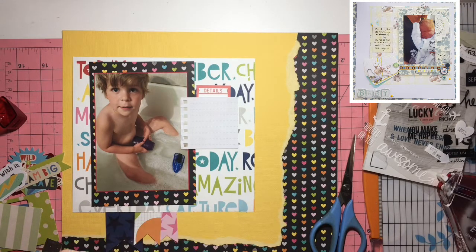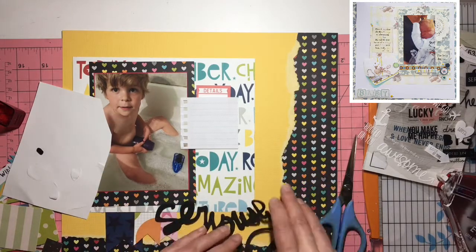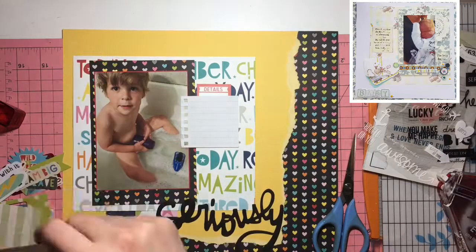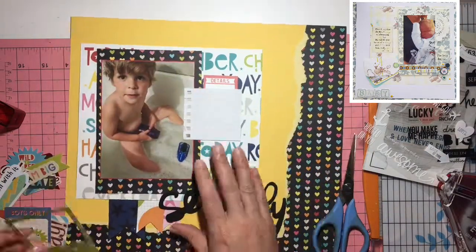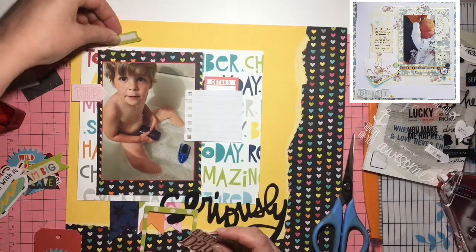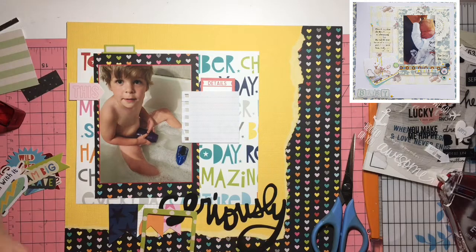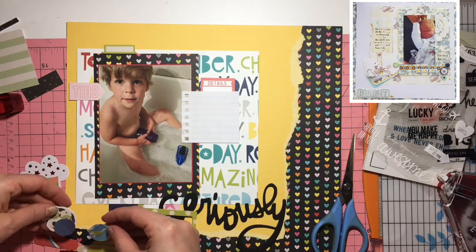So he was taking a bath and he loves to play, and all of a sudden I see him with his cup, and I went, what are you doing? And then he just looked at me with this face, and I said, did you just pee in that cup? And he goes, yeah, Grandma said I could. And it was like, since when did Grandma say you could do that? Grandma never said he could, for one. For two,